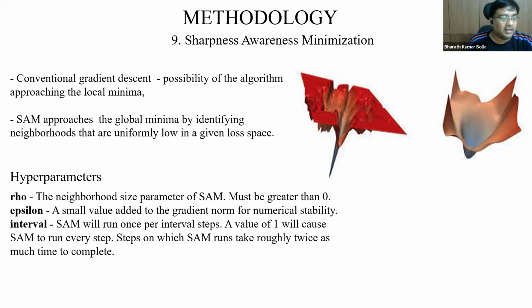So instead of having a steep, 1 meter depth well, you would have a wide loss surface, so that even if your test distribution data is slightly shifting, you are still not missing the depth of this loss surface. The idea here is to make your loss surface as wide as possible, so that even your test data stays in that surface itself. For that, you can use sharpness aware minimization to train your model, and this also significantly improves your model.